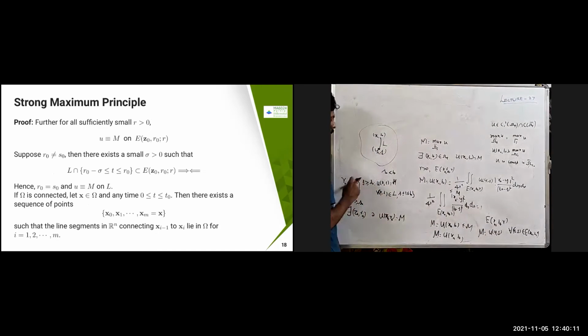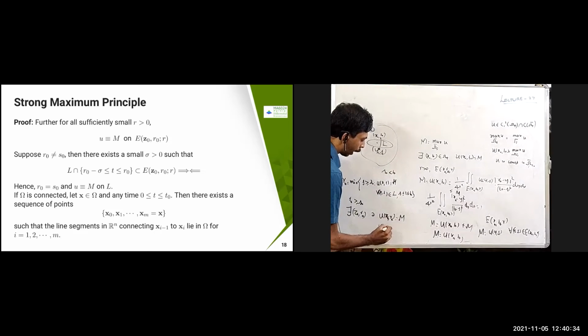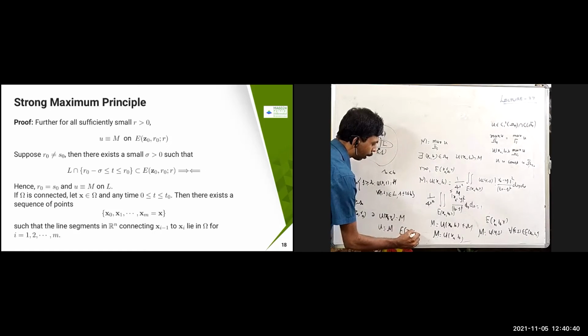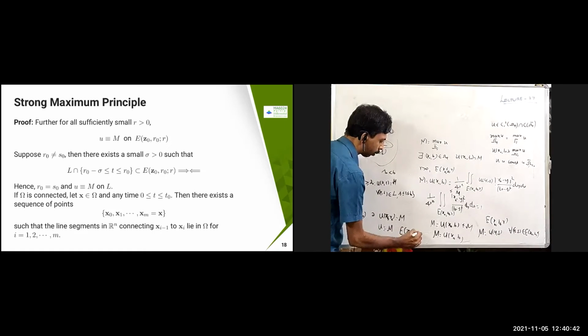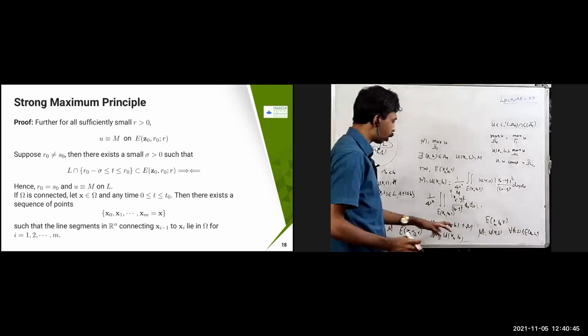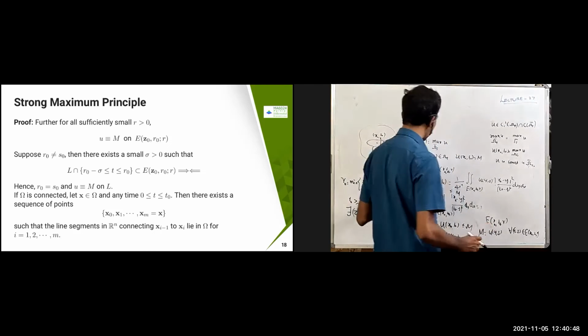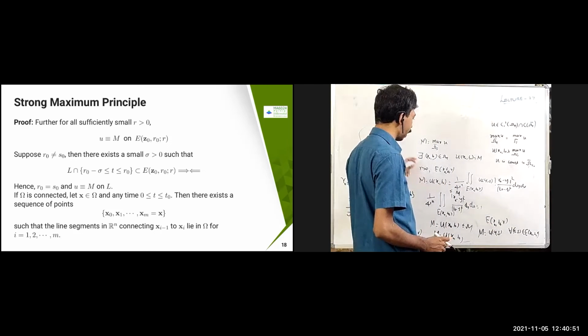Now this (y0, s0) is not necessarily in E(x0, t0; r), but I have taken something nearby. Some line I am going to connect. Since these two are connected, I am just going to take the minimum so that it is obtained. Then in that case, I am going to get some (z0, r0) in between. For example, here I am going to take another heat ball. So in that heat ball also, you are going to get u identically equal to m in the neighborhood, in the heat ball E(z0, r0; r) for sufficiently small r. Here I have taken m equal to u at (x0, t0), because that is going to be obtained.